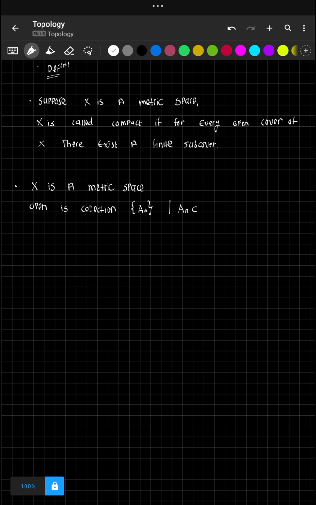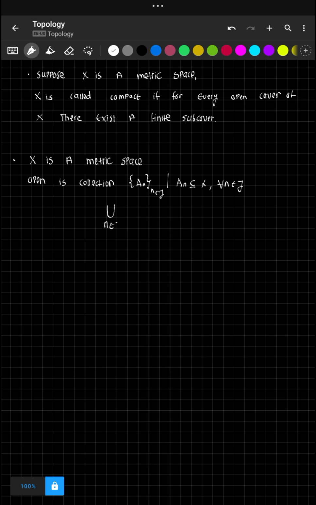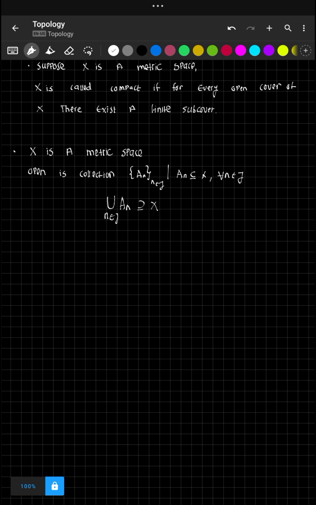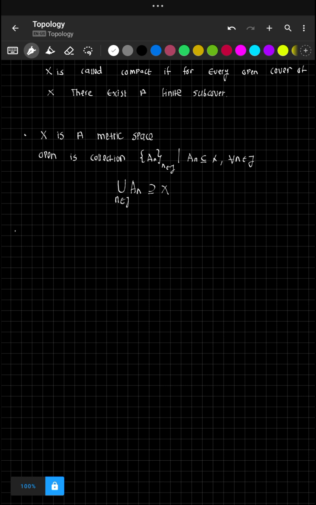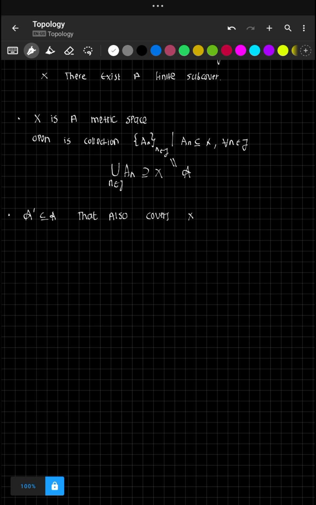such that A_n belongs to the collection, where J is an index set, with the property that the union over n in J is a superset of X. So basically the collection of all open sets that cover X, and a subcover would be, say, if this collection is script A and a subset of this collection, say script A star, also covers X. By covers I mean its union contains X as a subset,